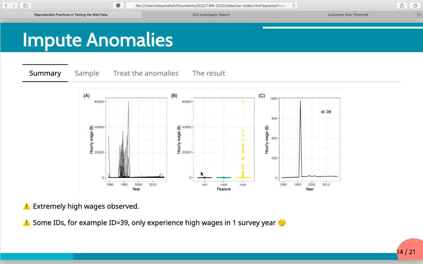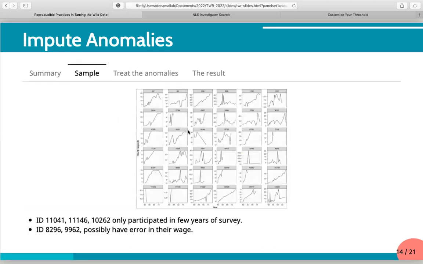Further, as we sample the data, we can see that some observations have variability in them, and some observations only participated in a few years of the survey. It is possibly an error as well, because they only experienced the high wage once.